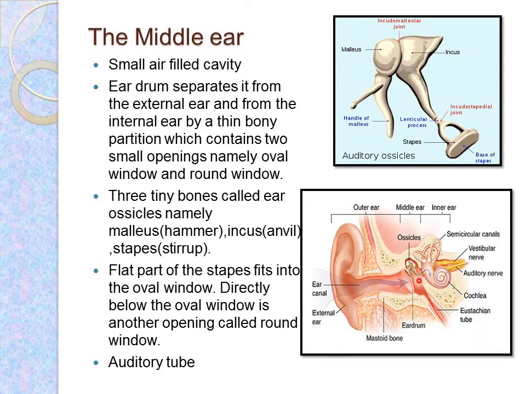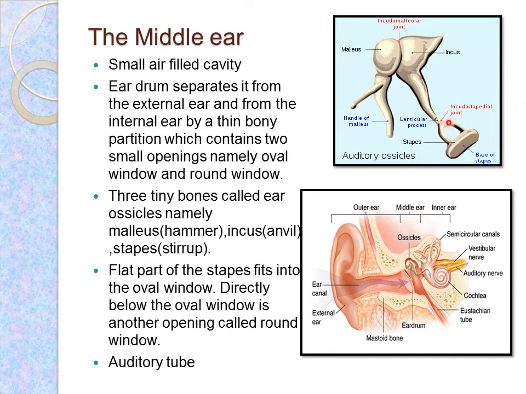Now these three bones, I have taken the diagram in bigger part. Here you see that three bones are here. Now this first one is a hammer shaped bone called the malleus, next to which comes the anvil shaped bone called the incus, and last but not the least is the stirrup or the stapes. It is the stirrup shaped bone. Now the first one is hammer shaped, the second one is anvil shaped, and the third one is stirrup shaped, and the names of these three bones are malleus, incus and stapes.